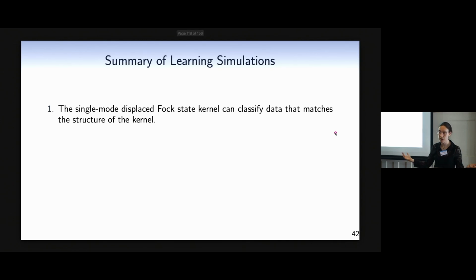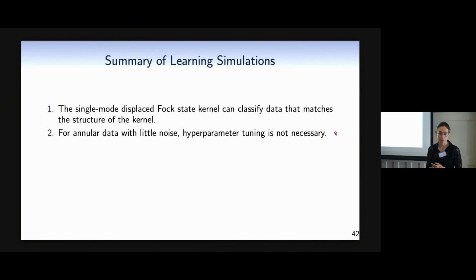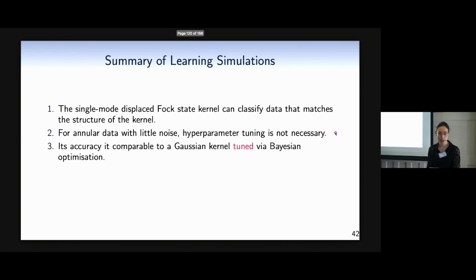So, sort of the summary of all of those simulations: the single mode displaced Fock state kernel can classify data, but we pick data that matches the structure of the kernel to make it as easy as possible. So if there's little noise, the hyperparameter tuning isn't necessary. And with no hyperparameter tuning on data with little noise, its accuracy is comparable to a Gaussian kernel tuned via